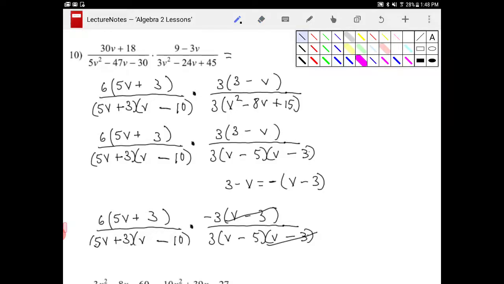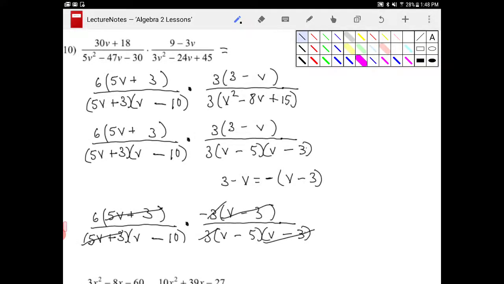That's what happens when you're talking to yourself, right? So here I notice that I have 5v plus 3, they will cancel. And is there anything else that I can cancel? It looks like I can cancel out a 3 and a 3. So in the numerator, all I'm left with is just 6 and -1. So the numerator is -6. In the denominator, I'm left with v minus 10